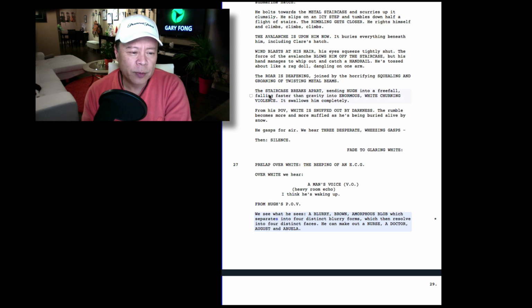Because this is a really very tangible scene. The roar is deafening, which is a cue to the sound effects people, joined by the horrifying squealing and groaning of twisting metal beams. Now that would be Foley or sound effects. The staircase breaks apart. That's caps. Hello, CGI people. Show this 50-foot staircase breaking apart, or if you really want to do it real,